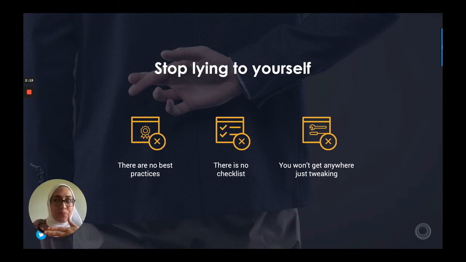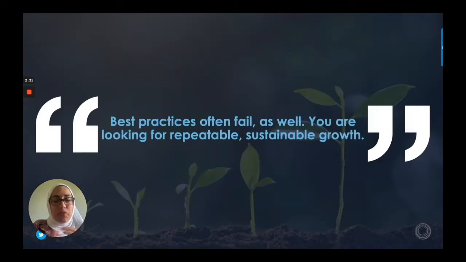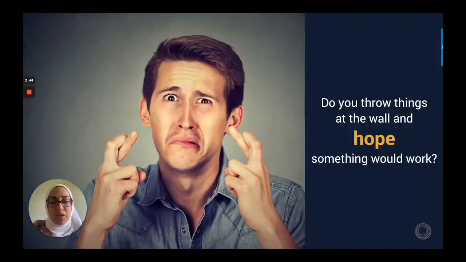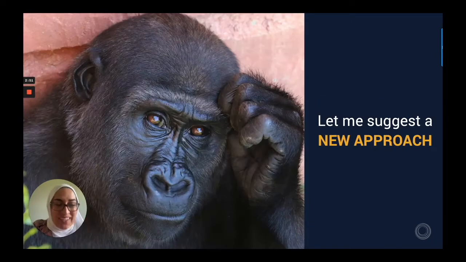If I want to see, again, a 65% increase, I need to see that these experiments have been well thought out and are data-backed before I move forward with them. If I'm looking for repeatable, sustainable growth, that's what we always aim for. We're not aiming for a one-time success. I'm looking for constant growth when running experiments. So the reality is that hoping is not a strategy, just hoping and praying.